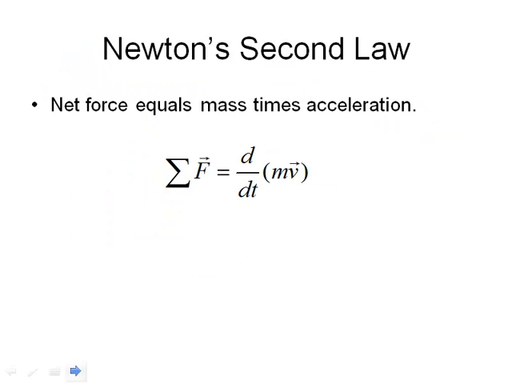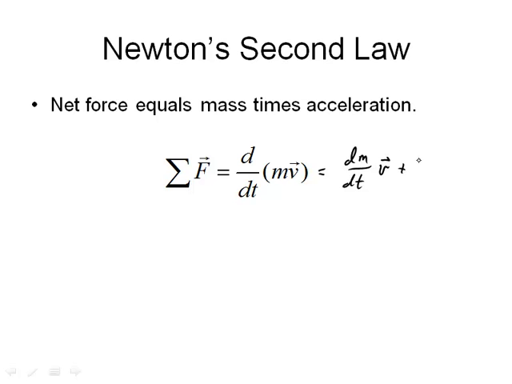Okay, we've already talked about the net force equals the mass times acceleration. I will mention that, strictly speaking, Newton's second law is this: the summation here means the net force, the sum of all forces. The net force equals the derivative with respect to time of mv, which you may or may not know is momentum. If I do the product rule on this, I get the derivative of mass with respect to time times